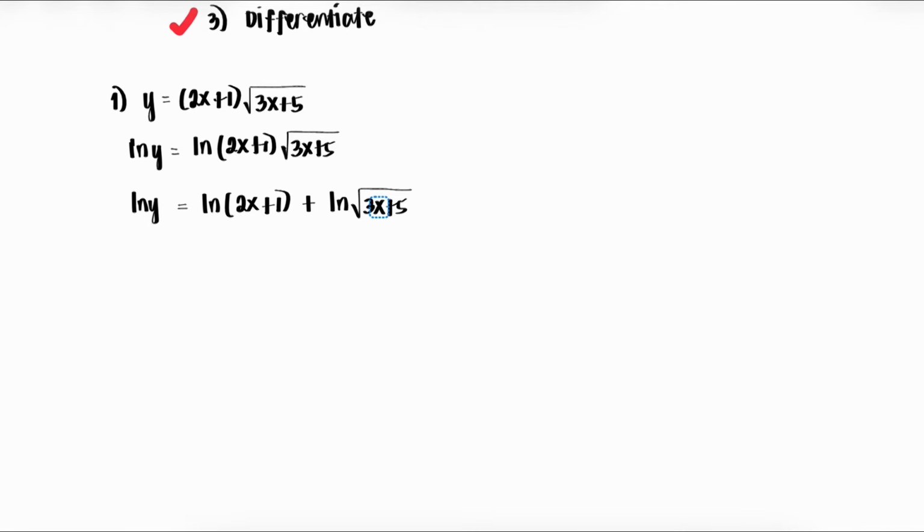And so we can now differentiate this ln right here, because we have 3x plus 5, and as you know, square root of 3x plus 5 is equal to 3x plus 5 raised to the power of 1/2. And by the laws of logarithm, let me just write that. This is equal to ln of 2x plus 1